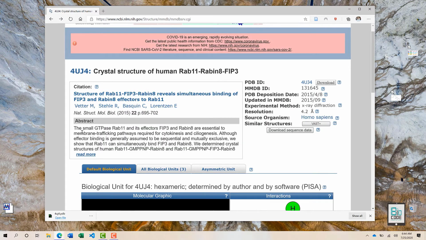The abstract is provided. Any research done on the structural biology side is not done without a particular journal publication of an experimentally determined protein, DNA or RNA structure. If a protein, DNA or RNA structure has to be deposited to PDB or MMDB, it should correspond to a particular research article in which they have experimentally determined it. Otherwise, they cannot submit. This is why you see some papers associated with the protein, DNA or RNA structure, and a small abstract accompanying it.